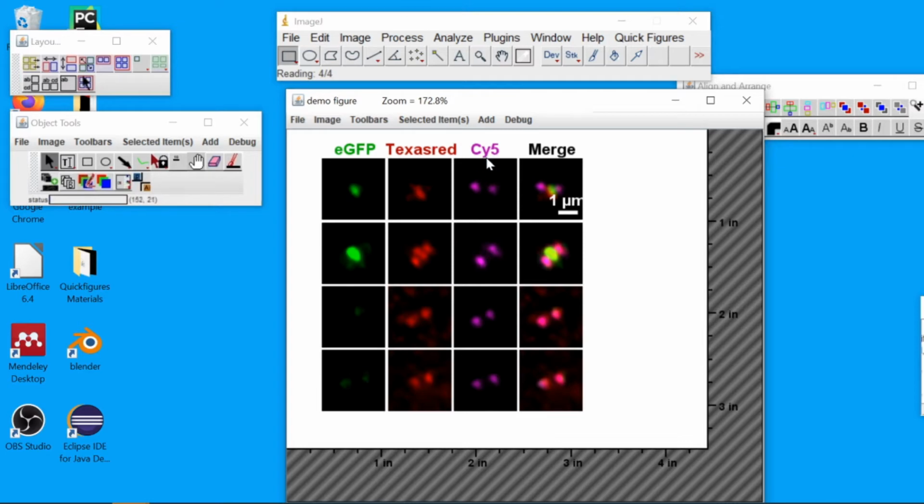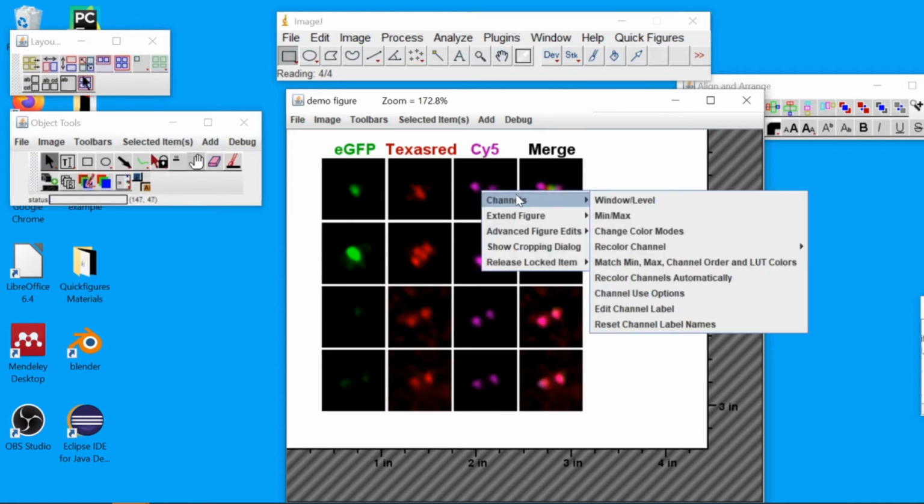Now, Psi-5 is a fluorophore that emits at a wavelength invisible to humans. However, it's being depicted in magenta here. However, magenta doesn't really contrast well enough with the red. So I want to change the false coloring of the Psi-5. So I go to that channels menu again, and I go to recolor channels, and I hit blue,